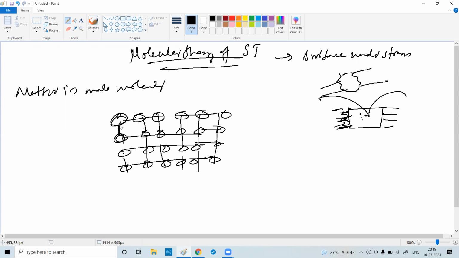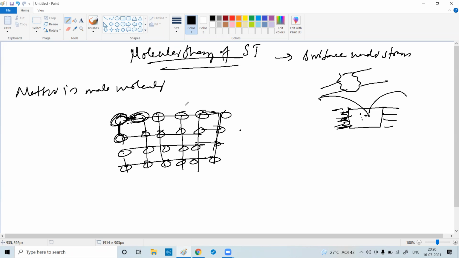The attraction between two molecules is called intermolecular force of attraction. Because the intermolecular force of attraction is very high between the two molecules in the solid, the solid has a definite shape, and it is not easy to break a solid. You have to really put in effort. But whereas you take a liquid and gas, the intermolecular forces are not so high. These we all studied in school days, in 8th, 9th, 10th. You agree with me or not?